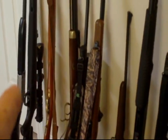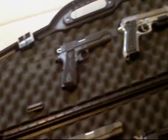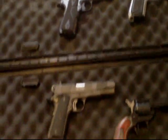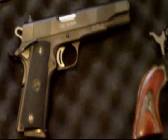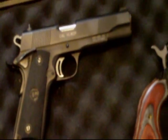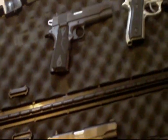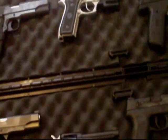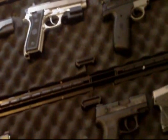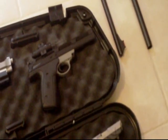So that's actually it, that one over here. And then I have the handguns, a few 45s, a couple of... there's a Colt 45 right here, and that's another 45 up there. Then that's a Taurus 92 FS with a laser sight on it, 22 Smith & Wesson with another laser sight